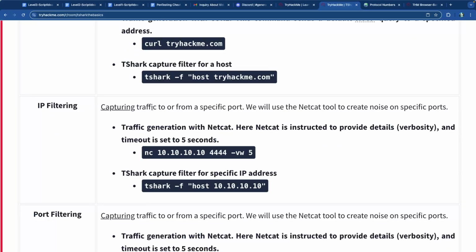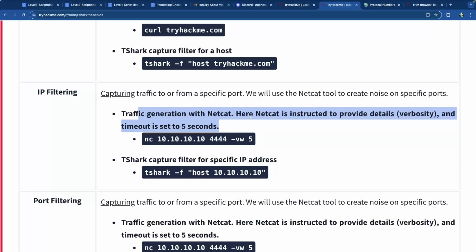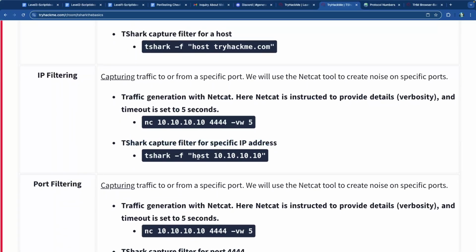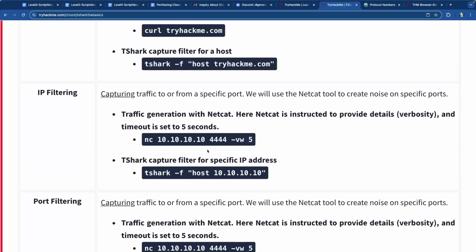IP filtering involves traffic to or from a specified port, and we can use the netcat tool to create noise on specific ports. Traffic generation with netcat. Netcat in this case creates a verbose connection to this specific IP address on port 4444 with a timeout of 5 seconds, where it provides the details to this particular IP from the IP address that you're on, at an interval of 5-second data delivery. The tshark capture filter for that IP address would run at the same time. So this would happen first, and then you run capturing on tshark for that specific IP so that you can see what's going on. So we can do a variety of these things